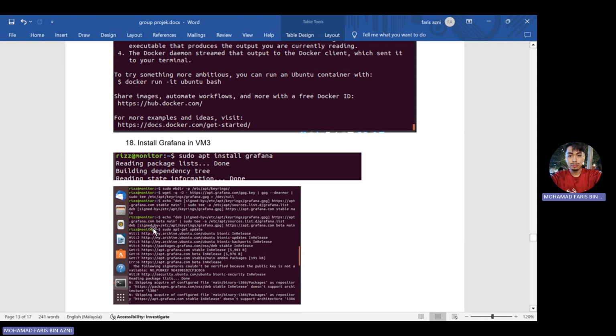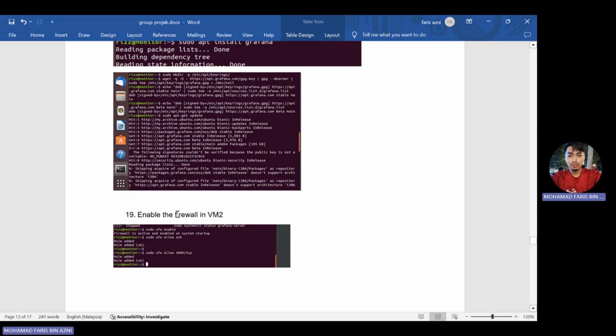Then we need to create the directory by using this command, and then we can download the Grafana file from the website by using this command, which is wget. So after that is done,